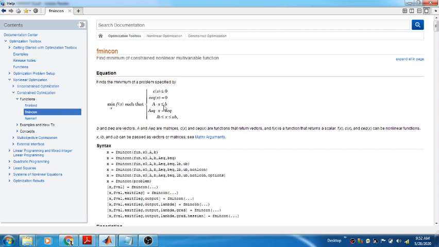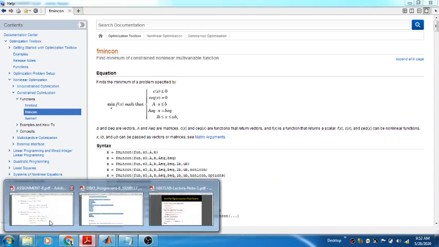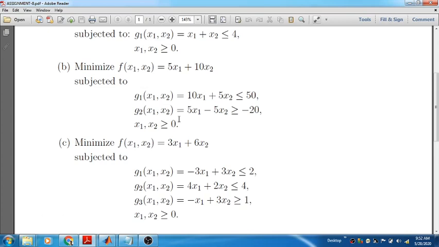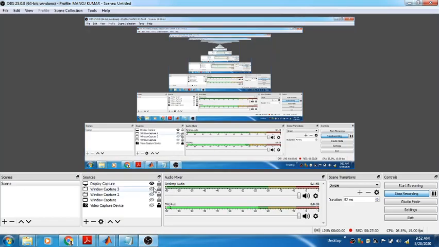The most important thing is that this is a matrix, and x will be the vector x1, x2, and b will be this one, and this must be less than or equal to b. If you see less than or equal to here and greater than or equal to there, you must make them all less than or equal to by multiplying by minus, and all these things I will tell you in the next class. That's the most important part.